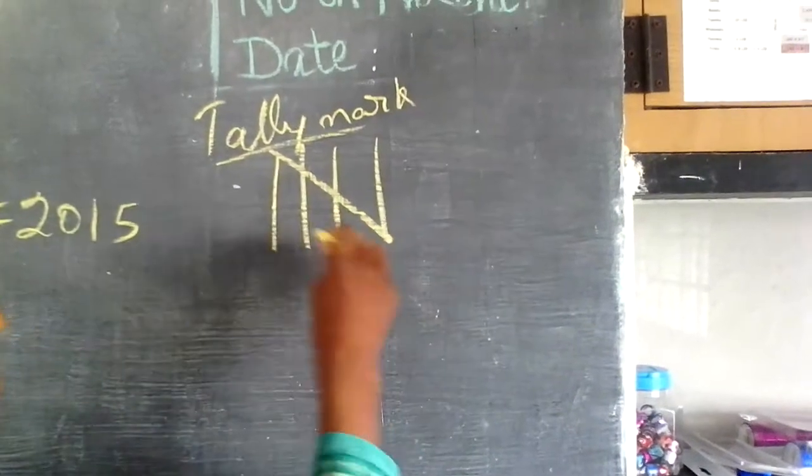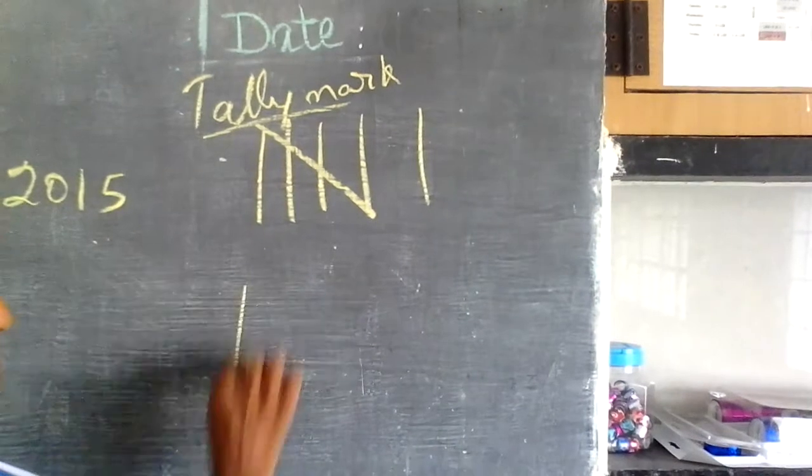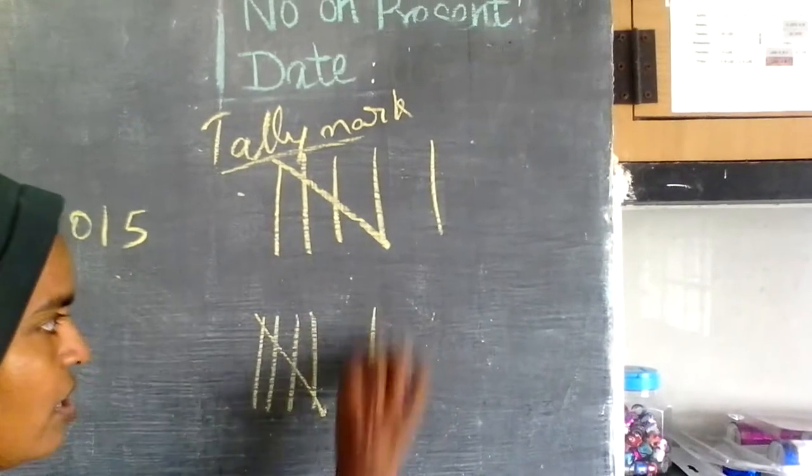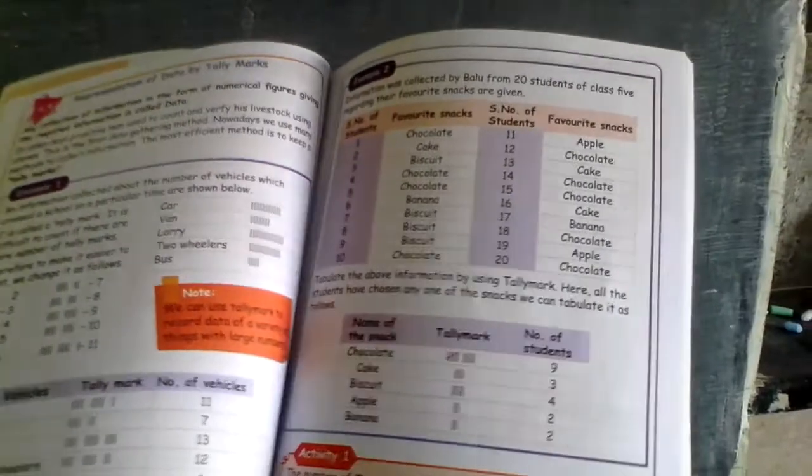Right. Similarly, if it is 6 we have to put a 1 here. 10 means what we have to put? 1, 2, 3, 4, 5 and 1, 2, 3, 4, 5. This is 10, like this. It's a tally mark. Let's solve a few problems among this. You check example 1 and example 2 because they are already solved. You yourself carry out. We will go for some other thing.